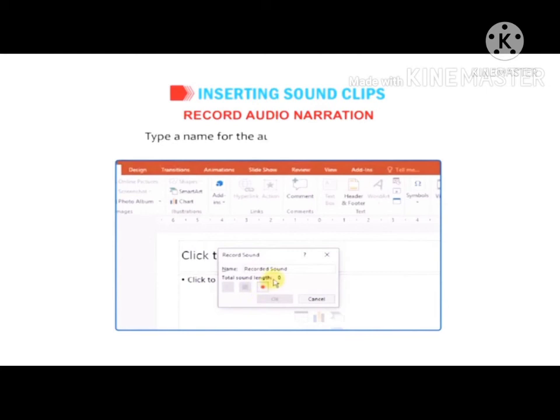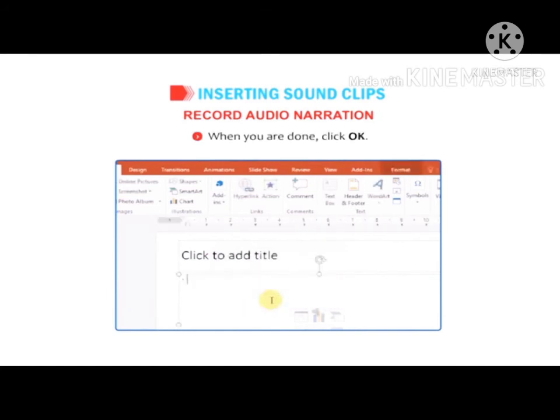Type a name for the audio recording if you want. Click on the Record button to start recording. When you have finished recording, click on the Stop button. You can use the Play button to listen to the recorded sound. When you are done, click OK.